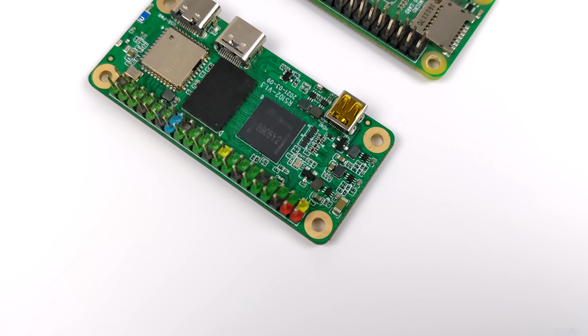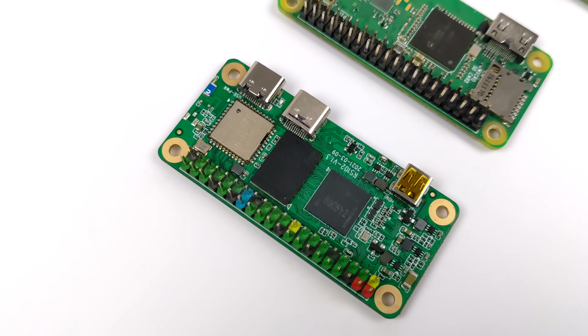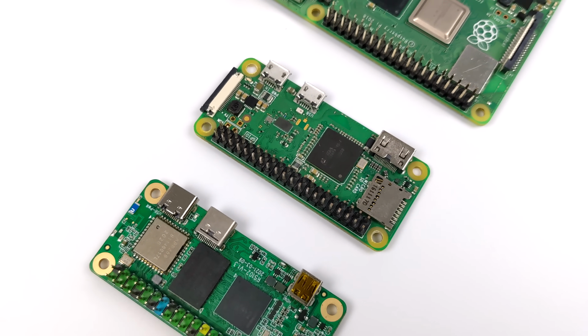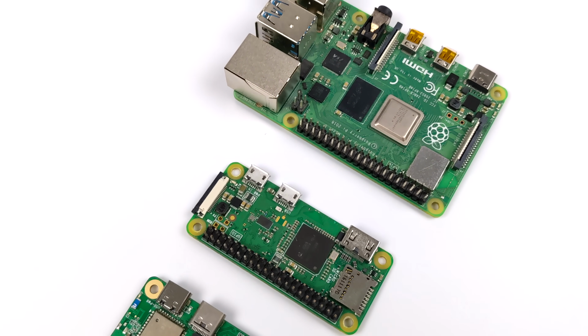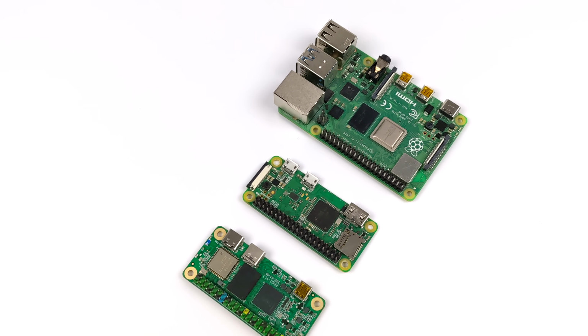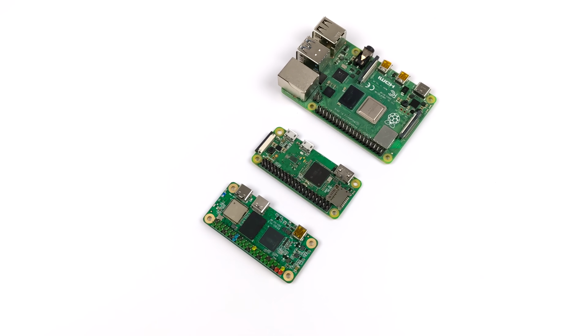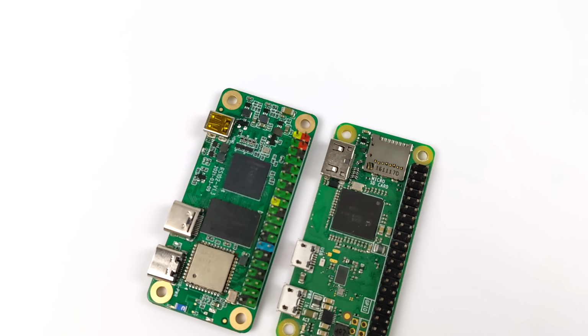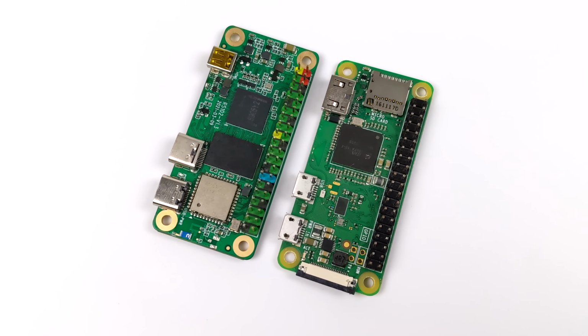One thing I've been hearing a lot about this thing is making a handheld out of it, and there's a lot of people out there that are kind of like, no, it's not going to be good for a handheld because it doesn't have a DSI connector. The only way to get display out of this is over HDMI. And while I agreed to an extent because with DSI we could use ribbon cables and make everything a lot thinner, I still think we could make a pretty decent little handheld out of this thing just using that HDMI connector,